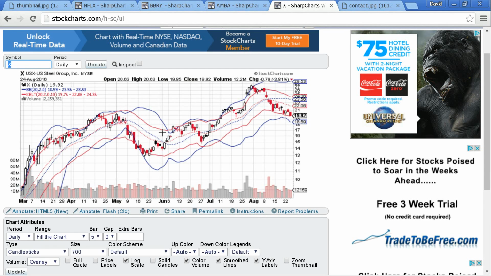It is possible for the Bollinger Bands to be within the Keltner channels and to continue going sideways for a while. That does happen. But if you're going to count on volatility picking up, or if you just want to know what is a Bollinger Band squeeze, when should it be considered a squeeze or a contraction, that's one indicator: when both of the Bollinger Bands are within the Keltner channels.